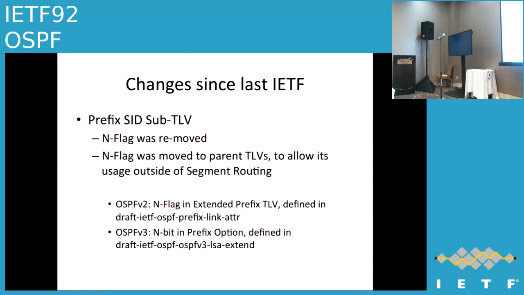This N flag says this is a router address that is under administrative control. It says whether or not you want to set the node bit for a given prefix. And it is propagated across areas. So if an ABR generates an inter-area prefix, it will propagate, for the summary that it injects, the type 3 LSA that it injects.